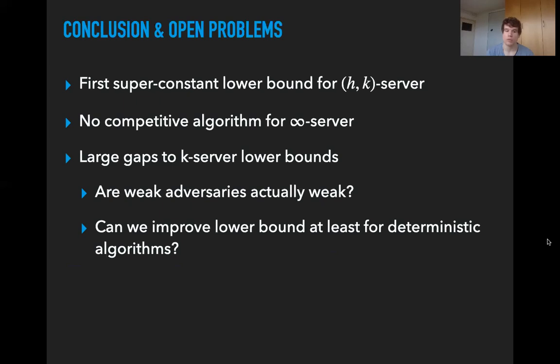And one of the key takeaway messages maybe also is that we were first trying to construct directly a lower bound for deterministic algorithms because it seemed it should be easier, but we found it harder. When we started thinking about randomized algorithms, this actually helped us to find a lower bound because it changed our way of thinking. So a takeaway message is that it can be easier to prove a randomized lower bound than to prove a deterministic lower bound, even though, of course, proving the randomized lower bound will then also imply a deterministic lower bound.